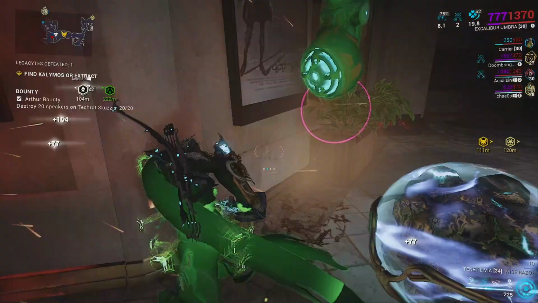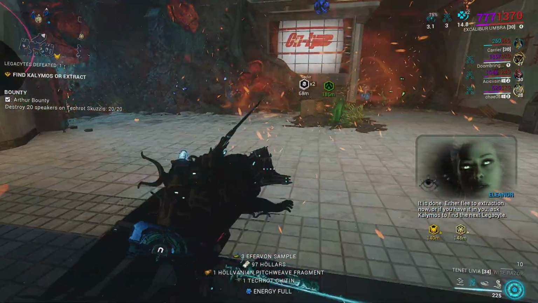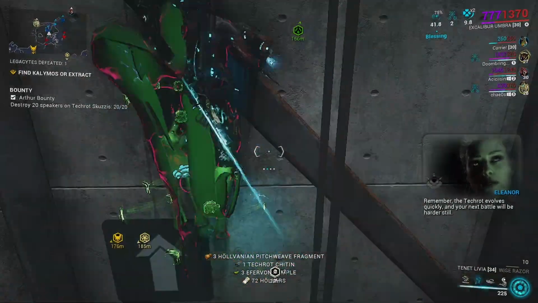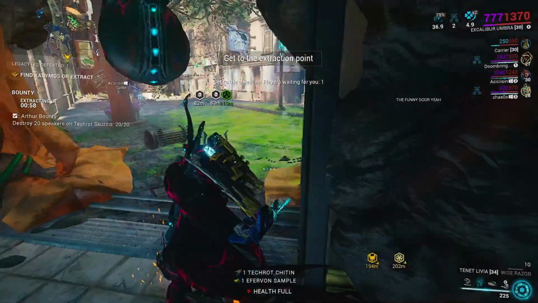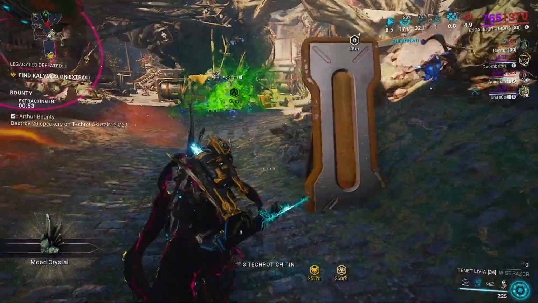We're getting brothels. All right, flee, and we'll see you in the next Warframe video. We just gotta climb on out, head on to the next battle. It's gonna be harder still. So there we go. We got Excalibur Umbra with their tenant Olivia